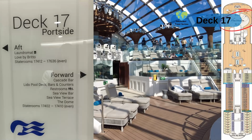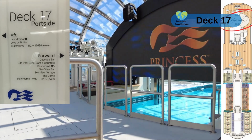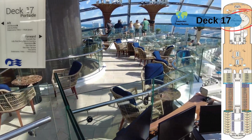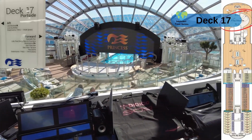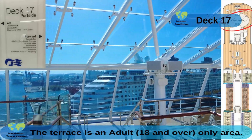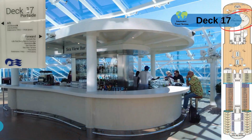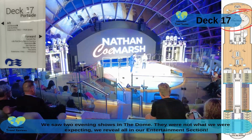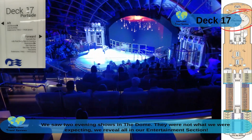Moving to decks 17 to 19, which are the main outside and pool areas of the ship. On deck 17, the front houses the dome, a multi-level complex with an adult-only terrace, hot tubs, a pool partially inside the dome, and plenty of sunbeds. While breezy on windy sea days, it's beautifully designed and popular, yet spacious. Inside the dome are the Cascade Bar and air-conditioned lounging areas. For our cruise, these were open about half the time during the day